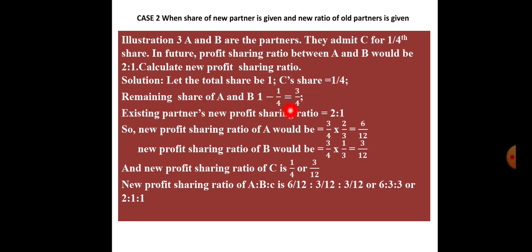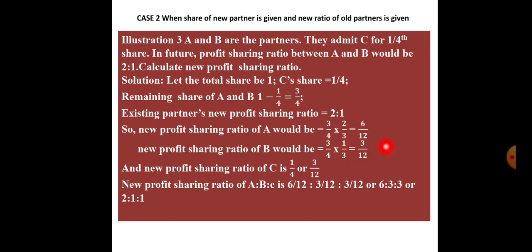The remaining share of A and B after C's admission would be 3/4. Is it clear? Now this 3/4 would be distributed among the old partners in their new ratio, that is 2:1. It means 2/3 in case of A and 1/3 in case of B. So this would be the new ratio among A and B